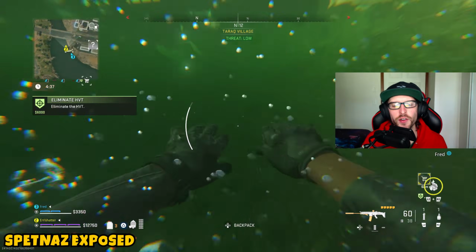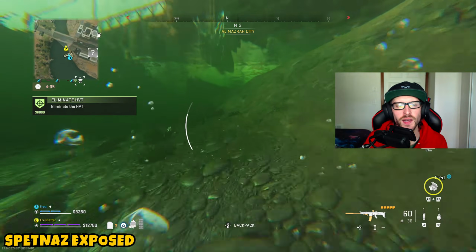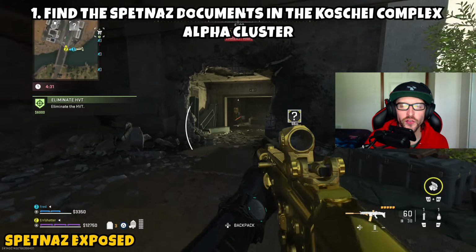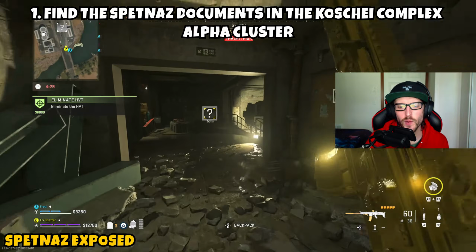This one is going to be a 3-parter, and it is going to be taking us over to Koshai Complex. Part 1 is asking us to find the Spetnaz documents in Koshai Complex Alpha Cluster. So we know we're headed over to the complex, and we know we're going to the Alpha